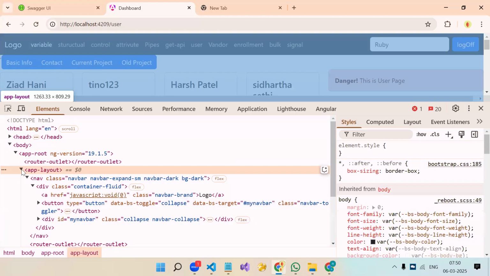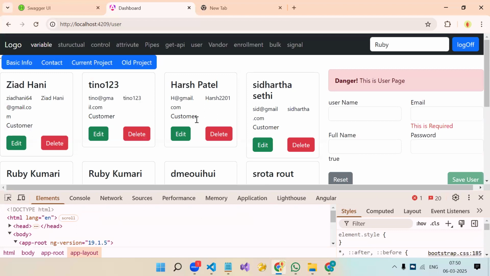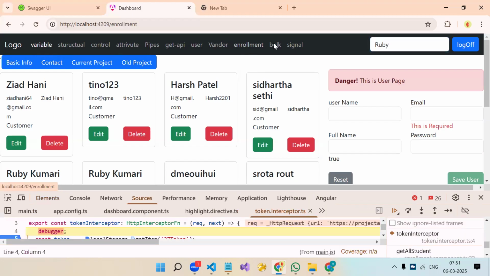Layout component. Okay. Now, layout component and this user component, is there any relation between these two? No. We don't have a parent-child relationship, correct? Because this is from our layout component and this is altogether a different table. We don't have a parent-child relationship. Where do we have a parent-child relationship? Let's say